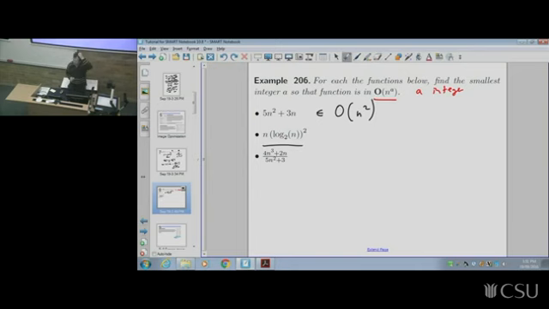What about this one here? Well, this one's not a polynomial anymore. It's n log n times n log n. If you've got a product, you can do them separately. Log of n is somewhere between constant time and linear time, essentially. So big O of n log n squared. Especially, multiplying by log of n is just a little bit more than constant. So effectively